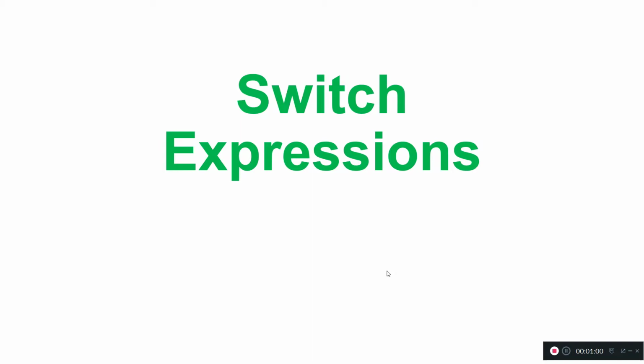That's the reason we tend to use switch statements, but there are many problems with the switch statement, and Java came up with a concept called switch expression. This is an enhancement to the existing switch statement, so a developer can either go for the classic way using a switch statement, or go with the enhanced feature which is switch expression.